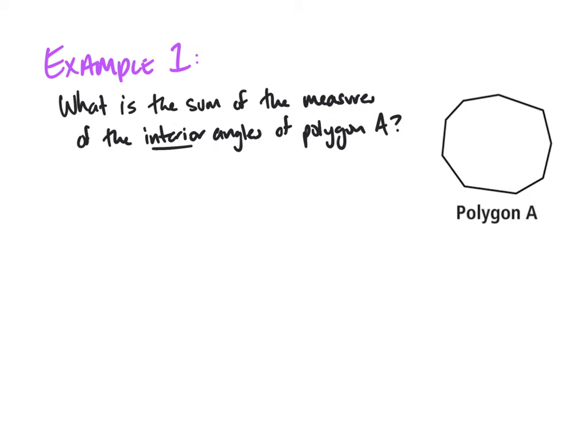So in this first example, it is asking us to find the sum of the measures of the interior angles of this polygon here. And just a reminder, we have a formula for this, right? Our formula for finding the sum of the interior angles has to do with triangles. It has to do with the fact that if we take this